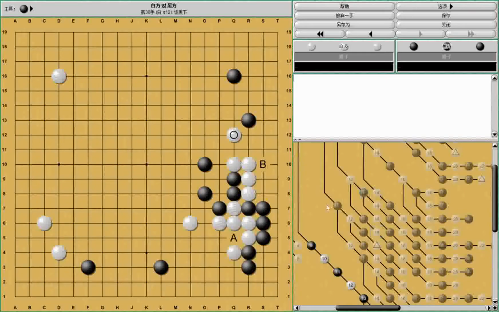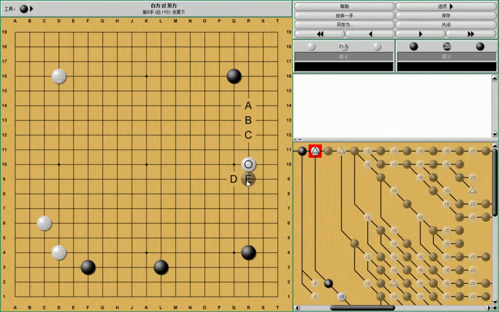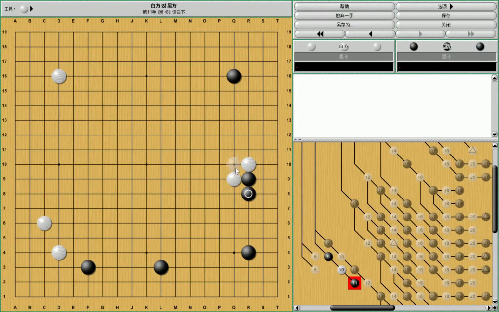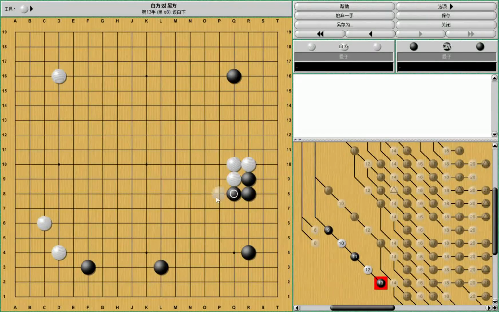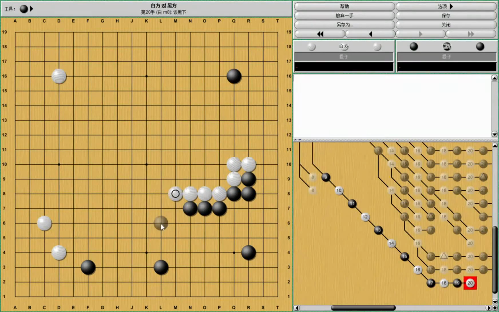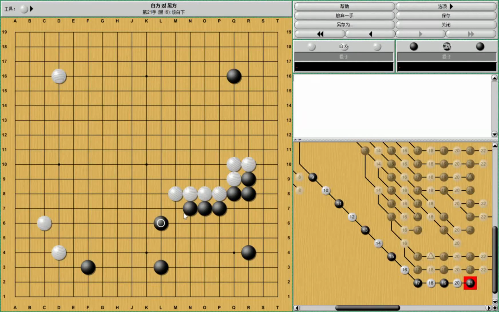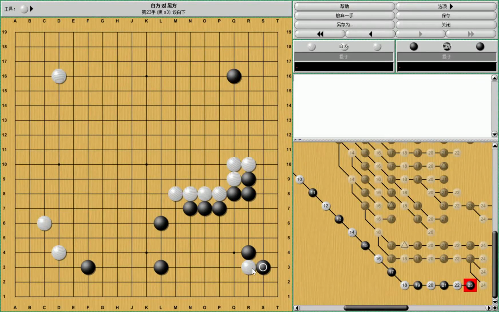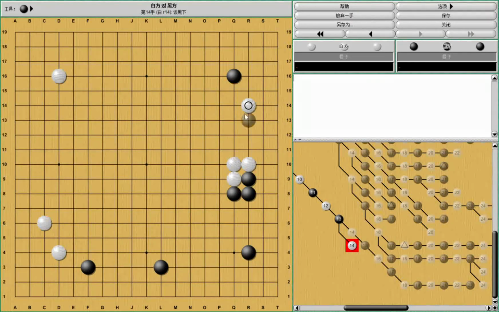Okay, now let's come to the last one. E. Actually, E is also an interesting place for black. If white hane, then white can play this, but usually players won't play this one because they think they sacrifice so many points here. If you get inside but cannot make a living, you will lose the game. So usually professional players won't sacrifice so many points here, and they will play this one first,